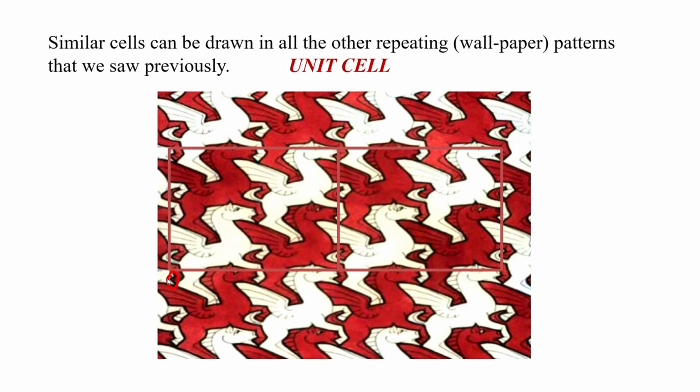Now, I can call this 0. The 0 or the origin can be anywhere in this diagram. So, we have decided to fix it there, then this distance will be a, 0 to a along the x axis, x direction, and in the y direction we see that this is b.